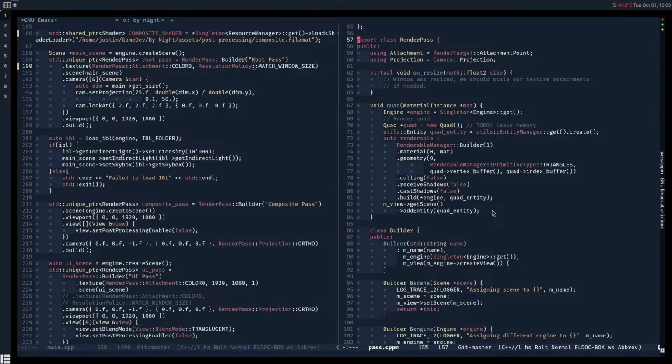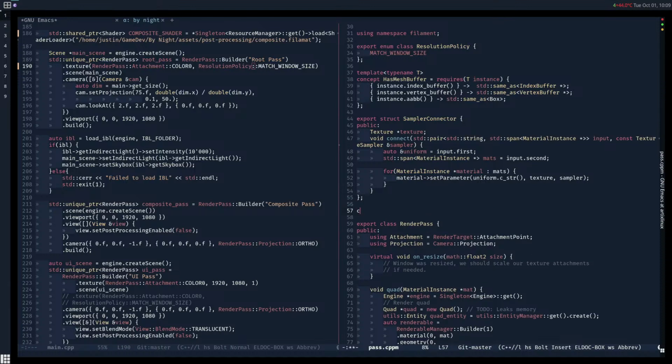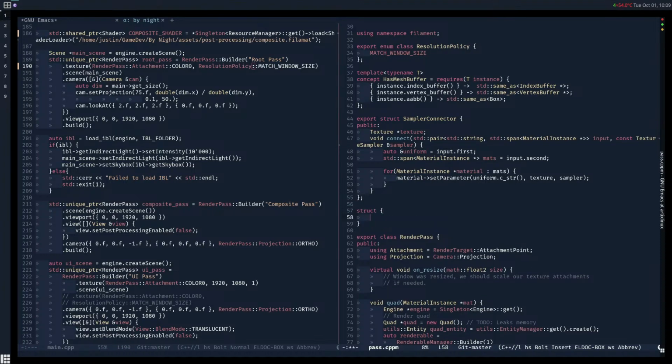On resize, so we need another class, which should also be another struct, which is a description of what textures we need and how to create them, pretty much. So we need something like,